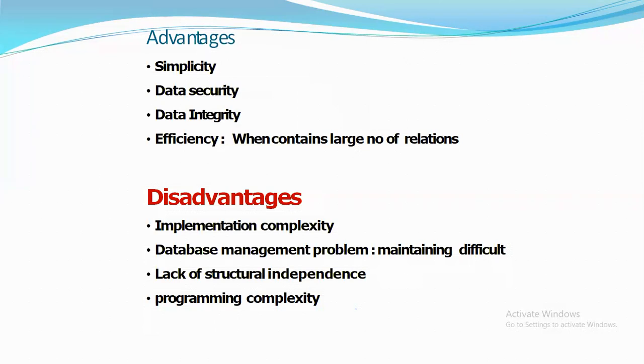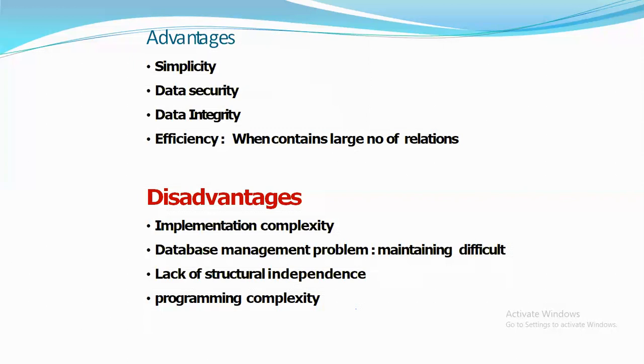There is a little bit of data independence, very little. We already know what data independence is: the ability to modify at one level without affecting another level is called data independence. Here it is not possible. We cannot modify one level of nodes without affecting its upper levels. It's very difficult to process. This is the lack of structural independence, and this is the disadvantage of the hierarchical model.